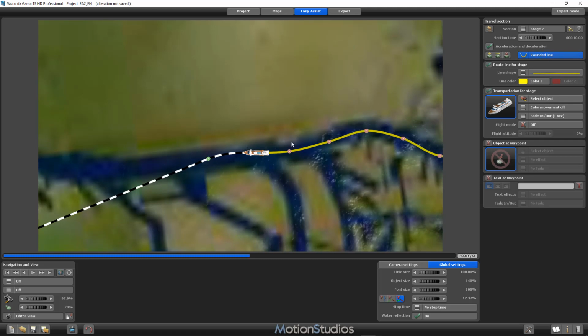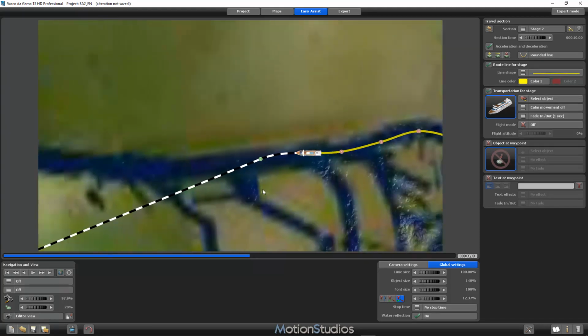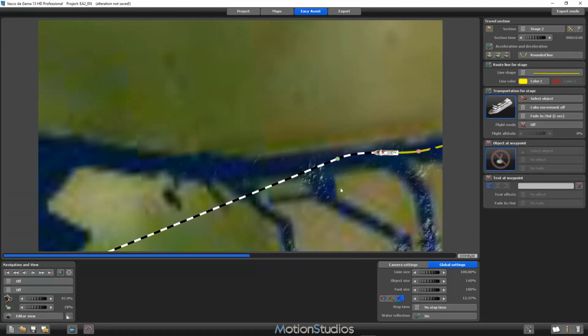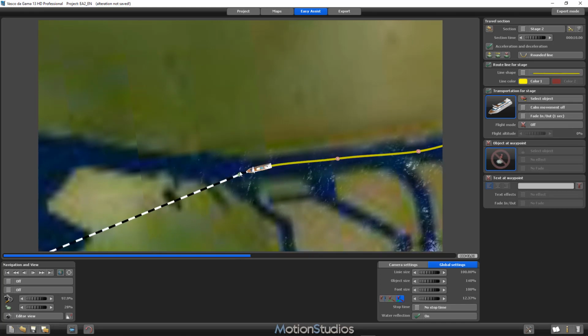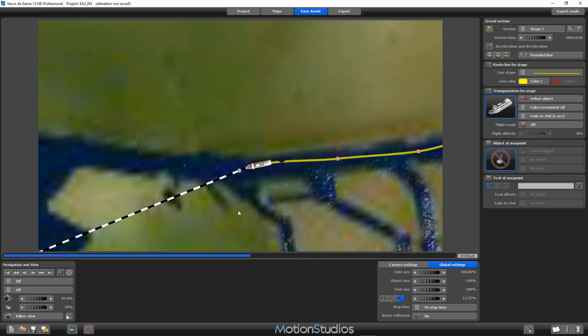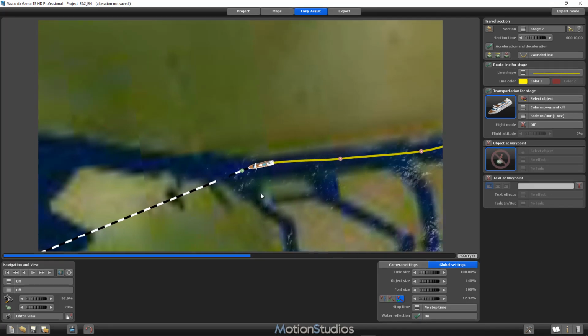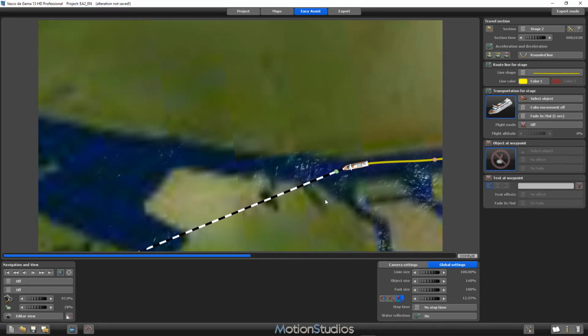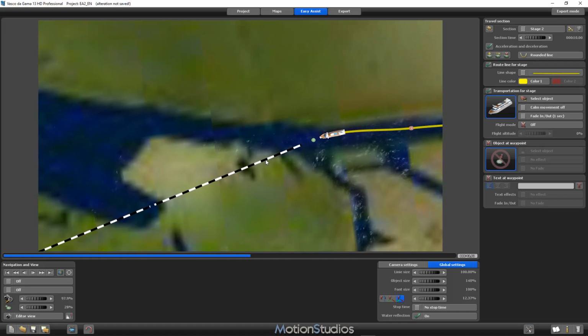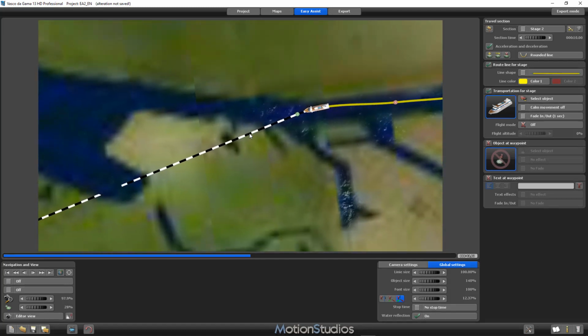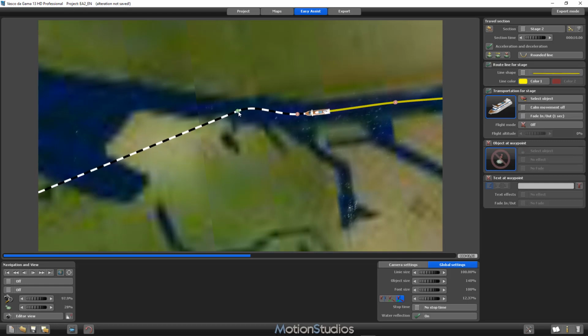And now you can spot that here the curve which turns to the left will adjust itself in the moment when I set the new point. You see, now it turns to the right and so on. So now it is really easy to design the route along the river,